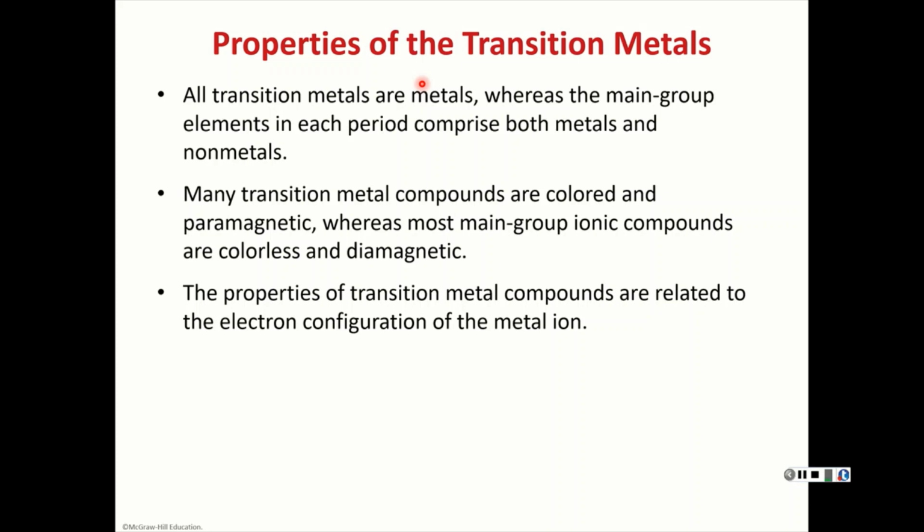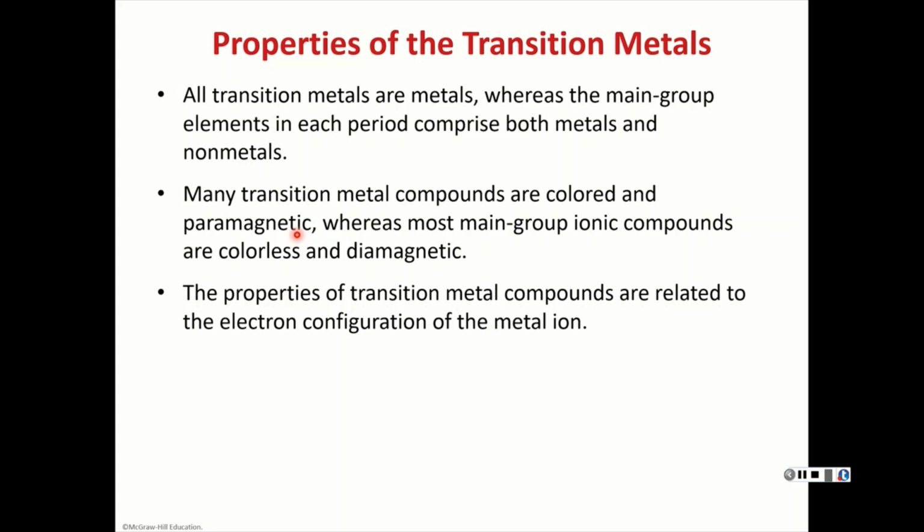But for transition elements, they're all metals. If we look at the compounds they make, transition metal compounds tend to be colored and paramagnetic. What paramagnetic means is they have unpaired electrons. Something that's diamagnetic does not have any unpaired electrons. So that's what those terms mean. So transition metal elements, when they form compounds, tend to be colored and they tend to be paramagnetic, have unpaired